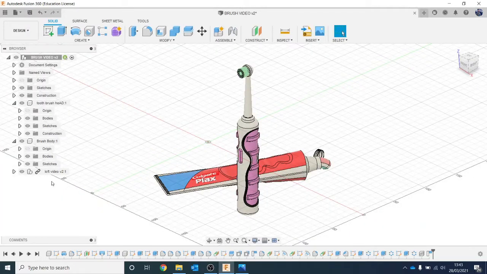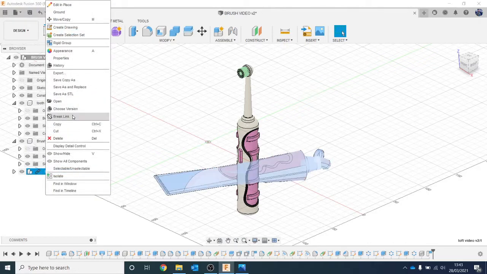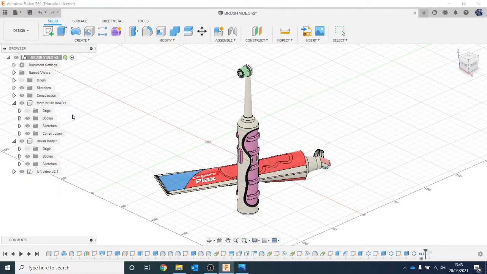So just before that, we've brought in our toothbrush, our toothpaste. Now it says here it's got a link. What that means is it's linked to that previous document. So if I edit it in this document, it'll be edited in the overall document. So I don't really want that. So I'm going to right click and break link. Now if I do something to this, it won't affect the other one. So I'm just going to change the name of this as well. So let's call this